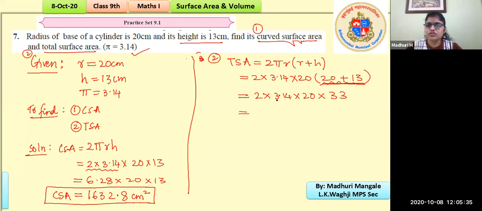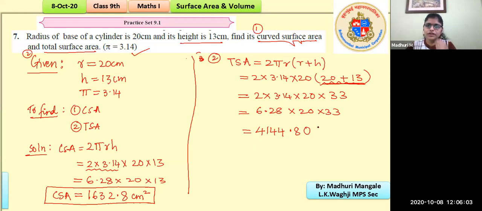Right, students? So multiplying this out, the first part would give us 6.28, times it with 20 and then times it with 33. Simplifying, what do we get? Multiply all the numbers together. We can start with multiplying these two together and then multiply 33. So what would you get? You would get a number that is